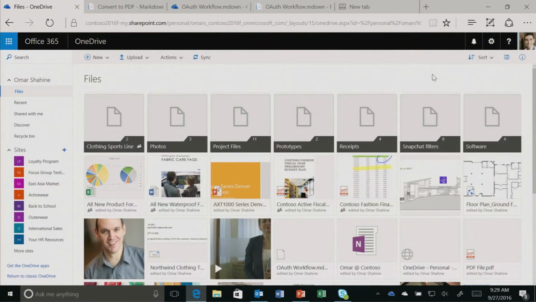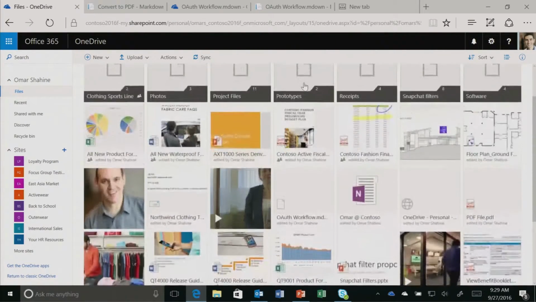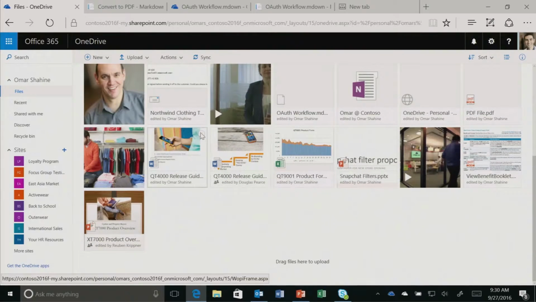All right, so we covered a bunch of view experiences. What I want to do now is focus on sharing. We've gotten probably the most feedback on sharing in OneDrive, about it being too difficult and too hard and not capable enough. And so I hope to show you some experiences that will take care of a lot of those concerns. What I've done here is I've selected a Word document, and I'm going to go ahead,